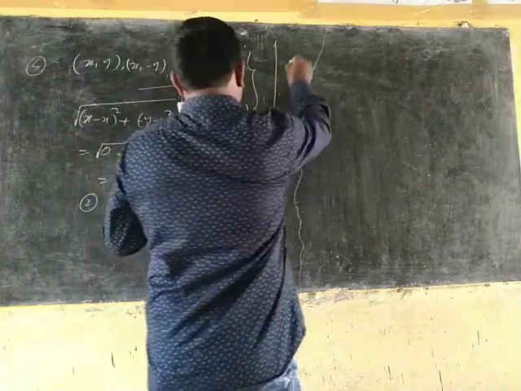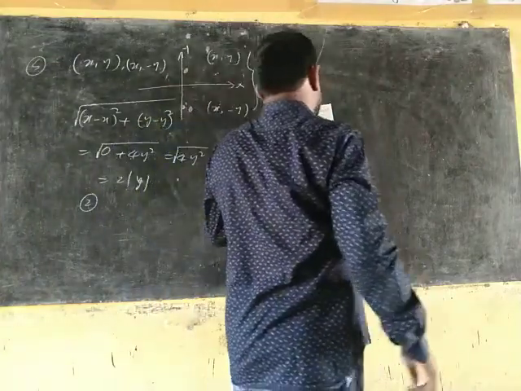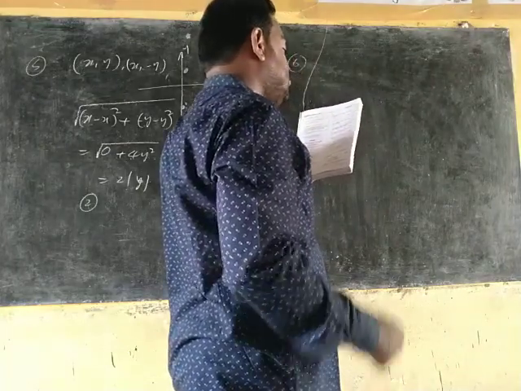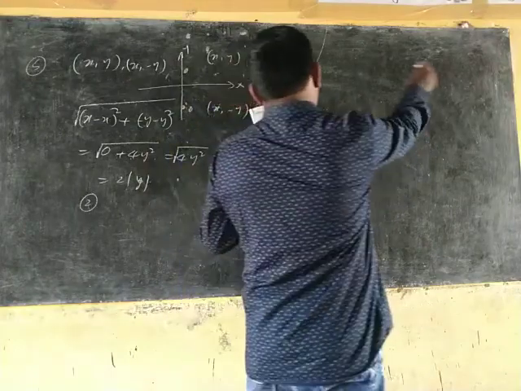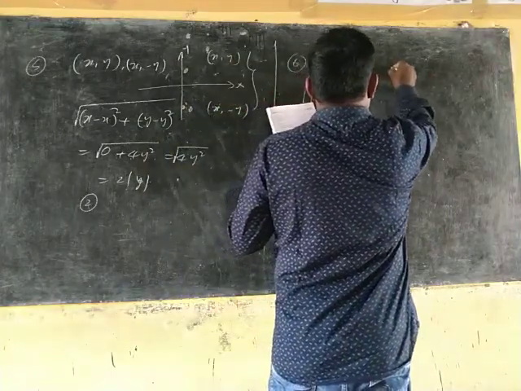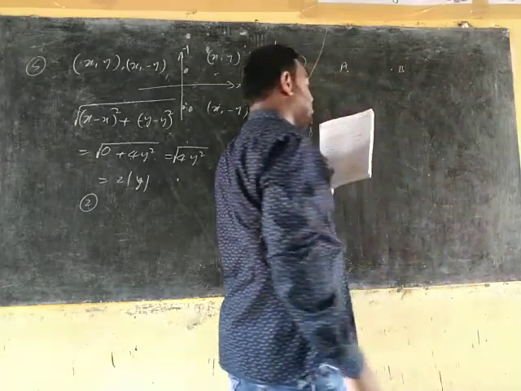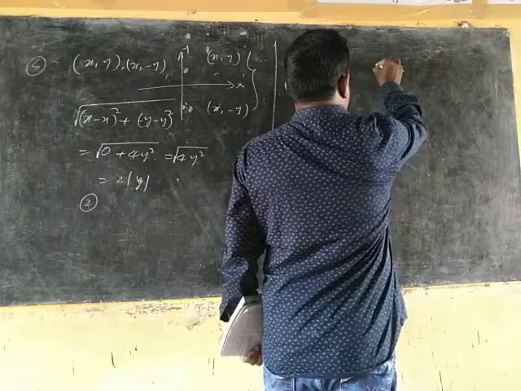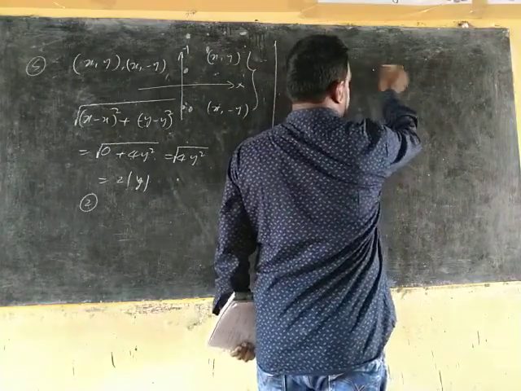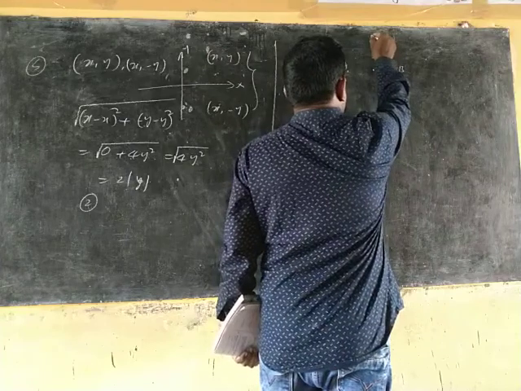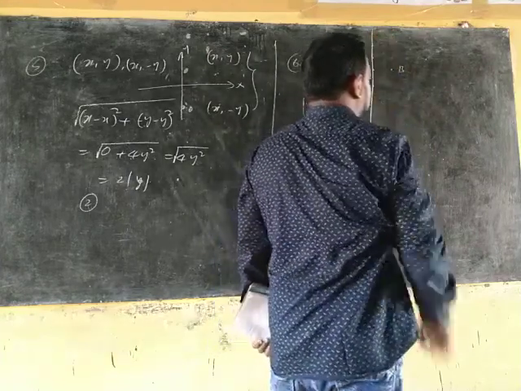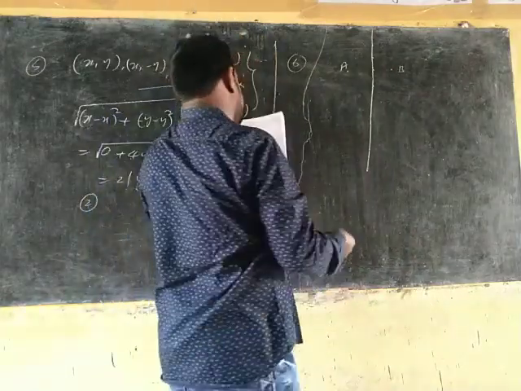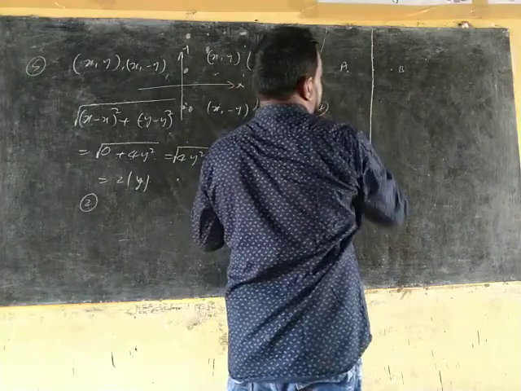Now sixth question. The number of points equidistant from two given points. So here two given points a and b are there. The number of equidistant points. Here one point exists which is at equal distance to a and b. Here also one point exists. So like this, one straight line. That means the number of points on the straight line is infinite. Option 4, infinite, is the right answer.